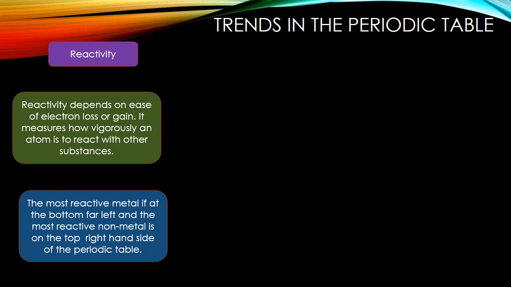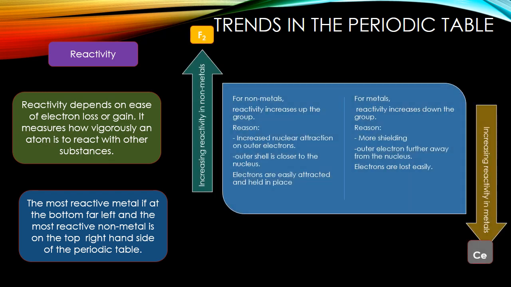The metals at the bottom of the periodic table can easily lose electrons. So looking at cesium, cesium is going to lose electrons more easily as compared to sodium. So cesium is the most reactive member